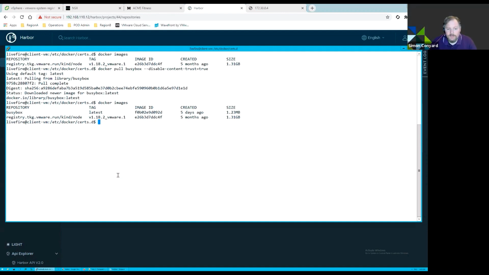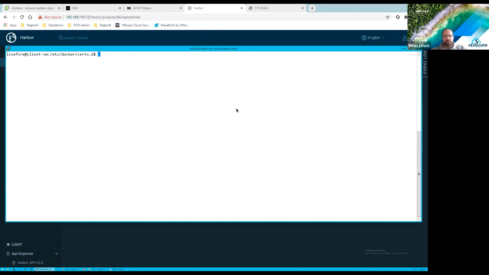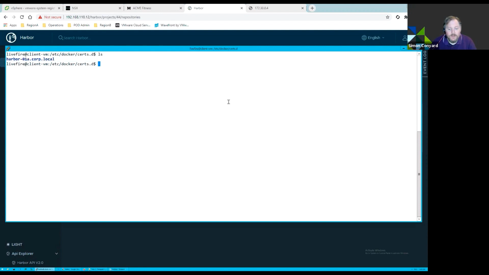Now we need to tag this BusyBox image for use with our Harbor repository. Okay, Simon, I've just cleared my screen there quickly just to keep it nice and neat. Do we want to continue? Yeah, great. So can you list the contents of the directory again, just so we make sure we get the image repository correct? And now we need to tag that BusyBox image that we downloaded appropriately for use with our